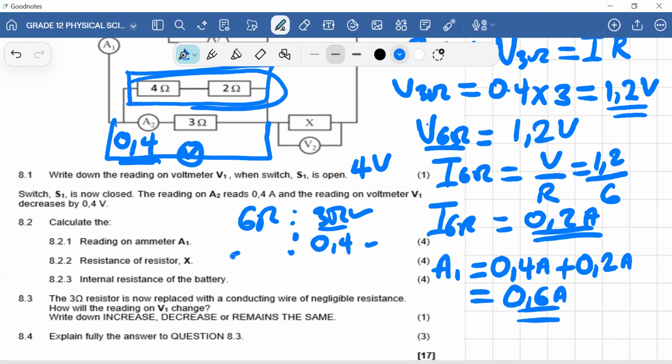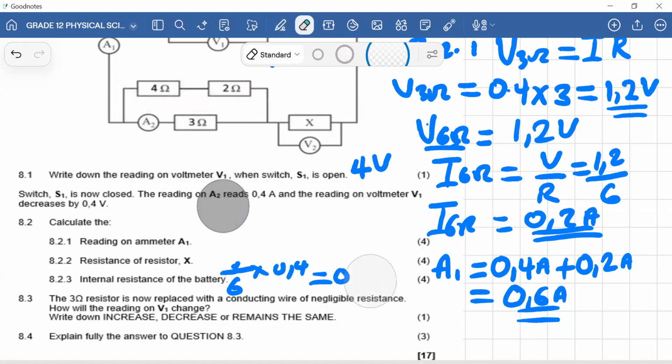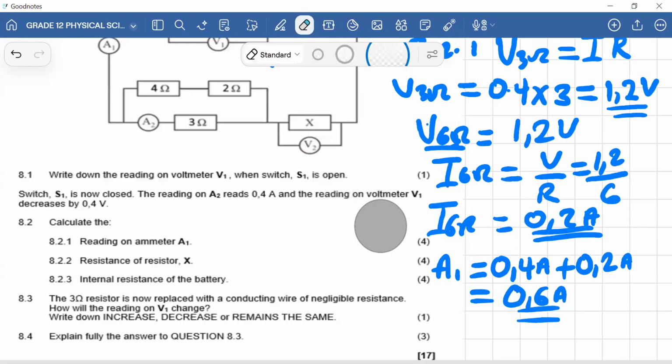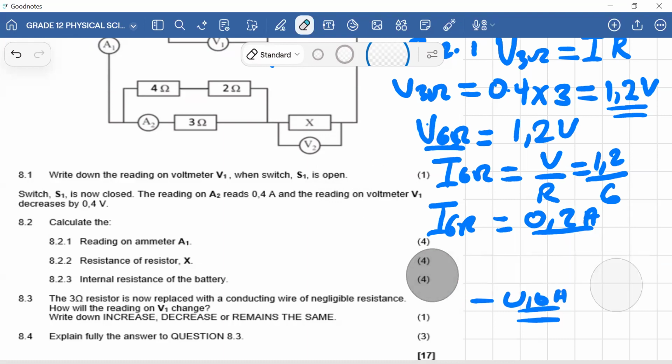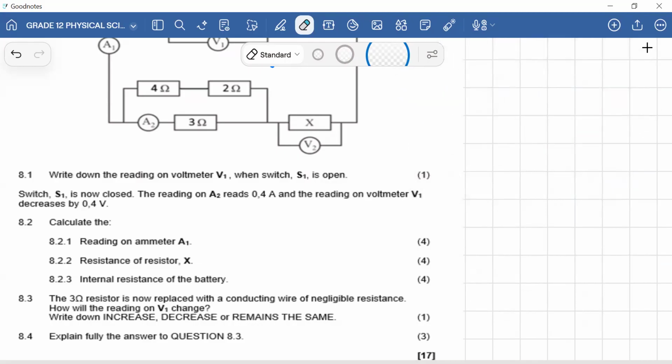Therefore, I have to take the 3 over 6 times 0.4. Now this gives me 0.2. So if that is the case, then the current here is 0.2. Therefore, I can add those two currents to get 0.6. All right, so now we know the current that goes through that part, which is the total current, which is 0.6. Let's move on to the next question. Okay, the next question says,